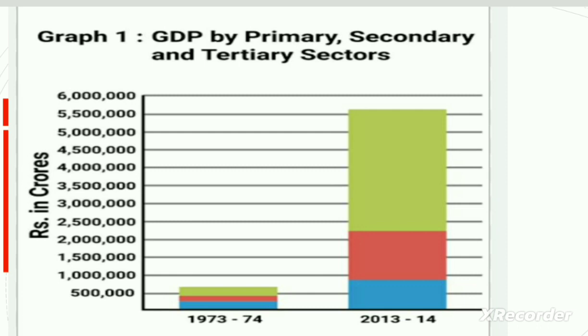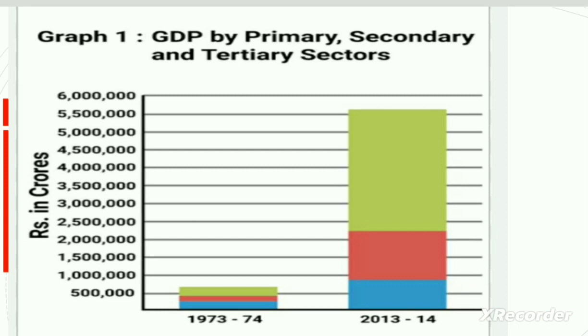But in our country, since agriculture is at a backward stage in most parts of the country, even half of the population is dependent on agriculture, and as a result this half of the population is only contributing, you can see, 12 to 13% to the gross domestic product. So we can say that there is a necessity of shifting the excess workforce from agriculture to the industrial or the tertiary sector.